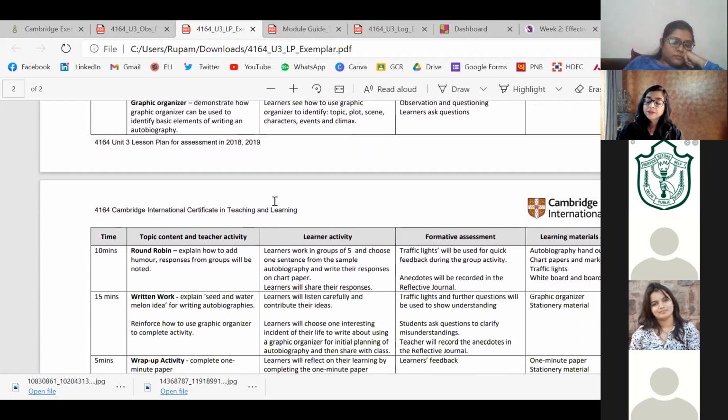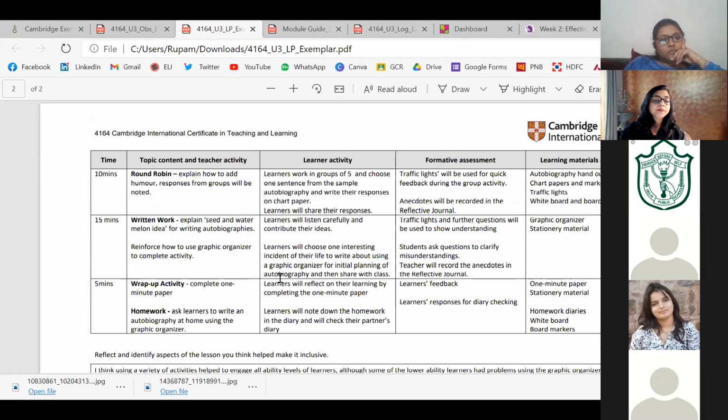So what you have to do is mention this. How are you making your children share their work? That has to be mentioned. Then this round robin activity, where you want them to choose the sentences and turn them into humorous sentences. You can always say that I'll ask them to use a Padlet, or I'll ask them to use the Nearpod collaborative board to put their sentences.